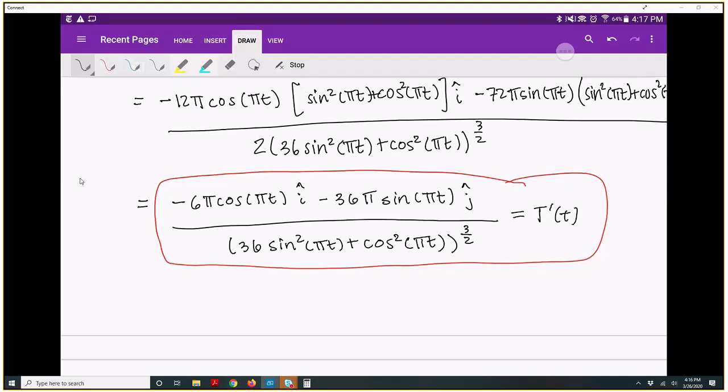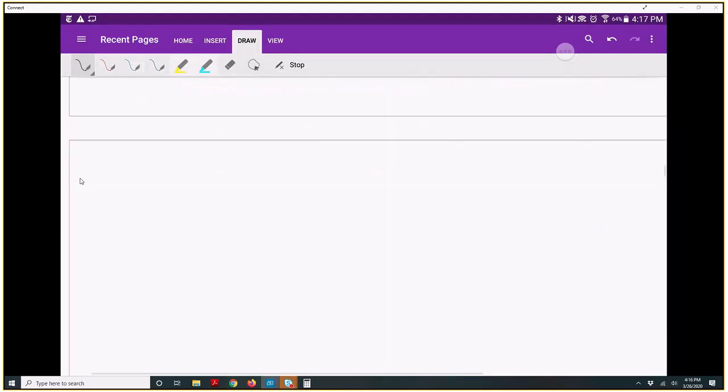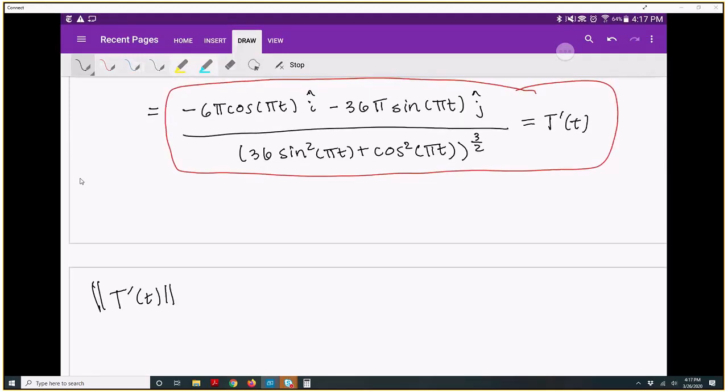Now we need the magnitude of T prime. So magnitude of T prime, and that's going to give us the square root of